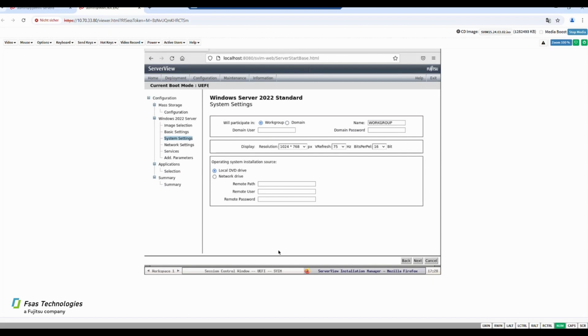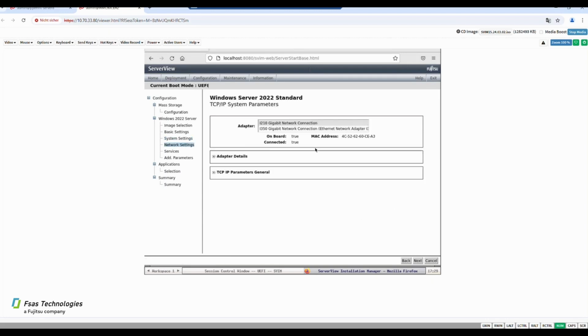Now you have to select the location of the OS image or drive. Local DVD means also a mounted ISO file. Here you can define the NICs and network parameters. Click Next.